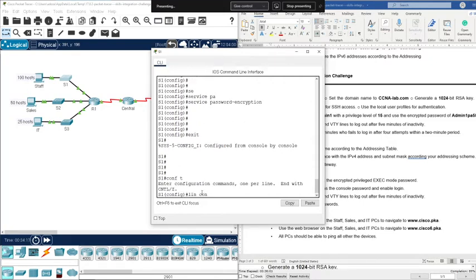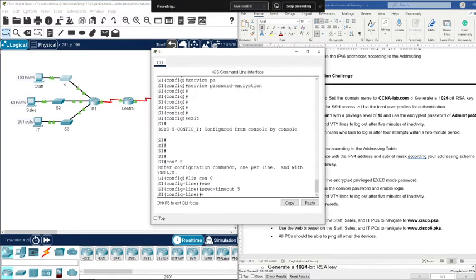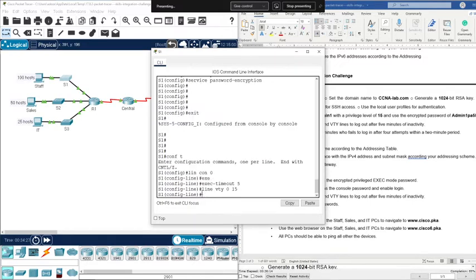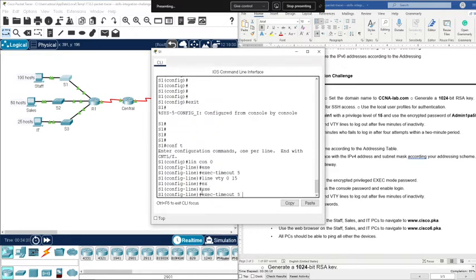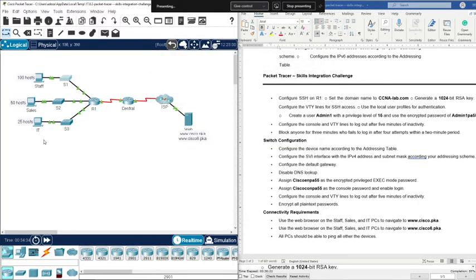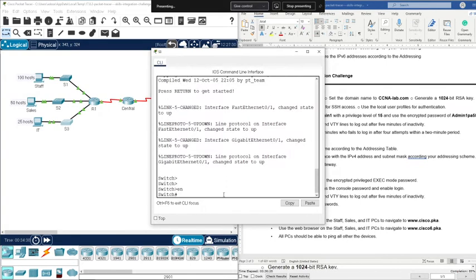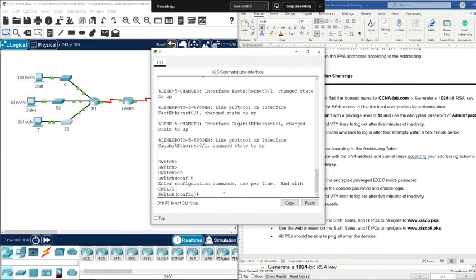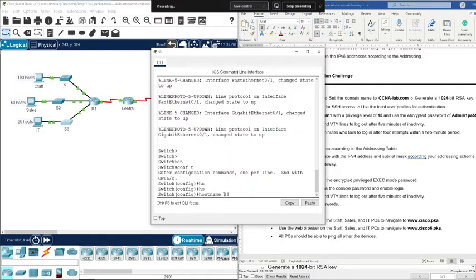Line console 0, exec-timeout 5, and then line VTY 0 15, exec-timeout also 5. 5 minutes 0 seconds. So do the same with this one. Enable, configure terminal, and then hostname S3,